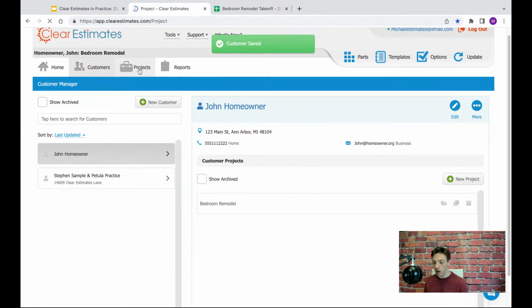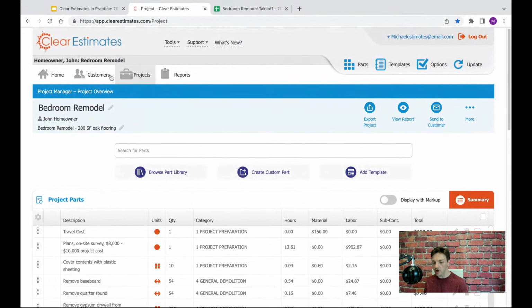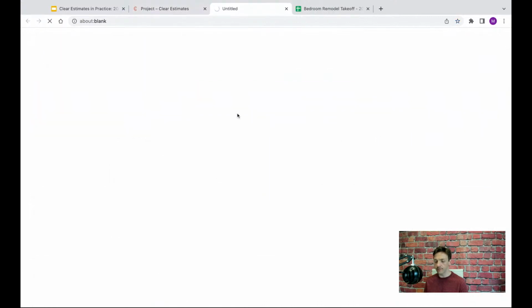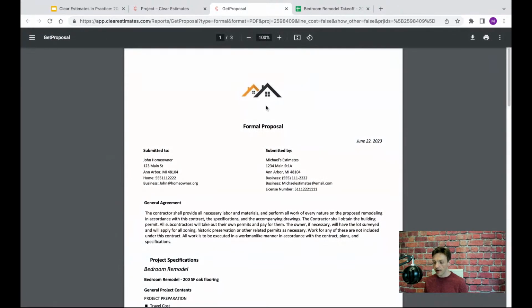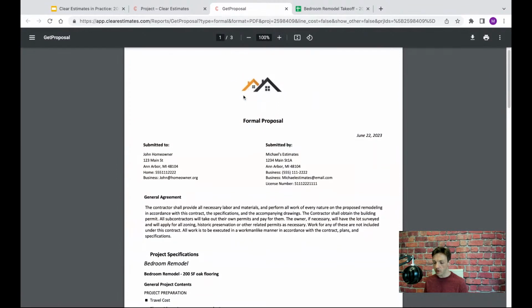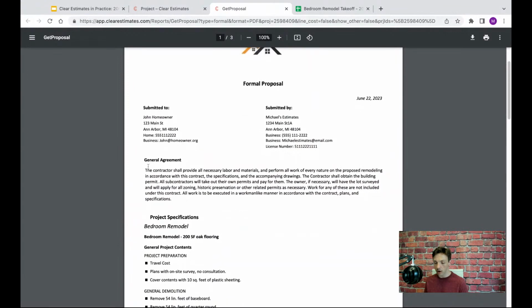Well, let's go back to our report here. We're going to click Projects. That's going to take us back into the project. We're going to click View Report. Again, that looks like the eyeball, and Print to PDF. And voila, there it is. Here is my formal proposal, and you'll see that it's a really nice, very professional agreement that I can send